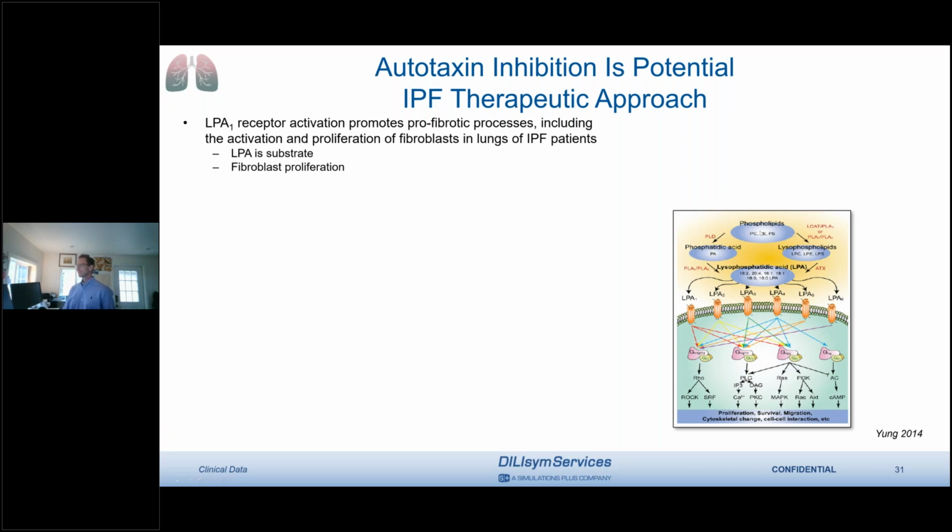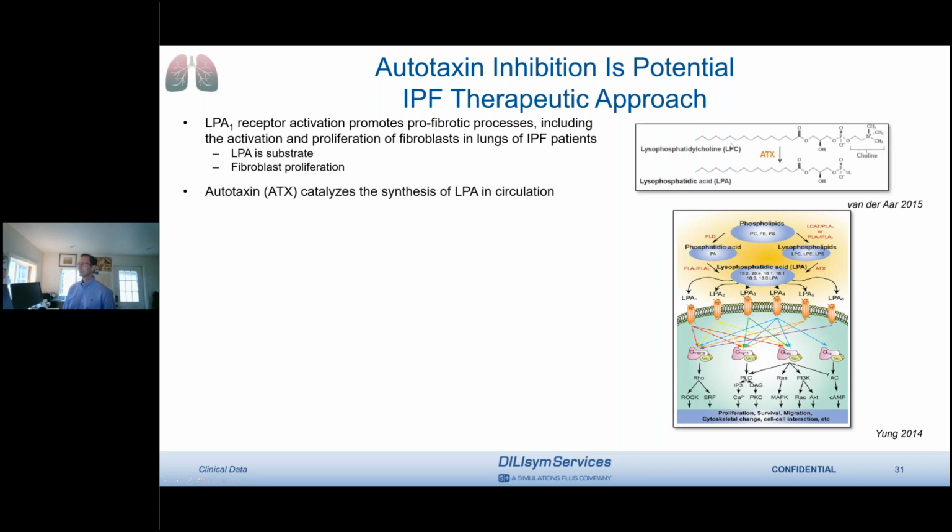This summary diagram from Young 2014 is useful in that it shows how LPA can modify some of the key aspects of fibroblasts, specifically proliferation of fibroblasts, and how autotaxin plays a role in supporting that. Autotaxin basically is responsible for taking LPC and generating the LPA, so providing the substrate for these receptors